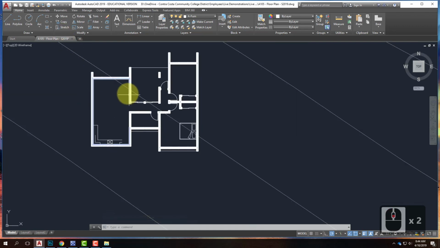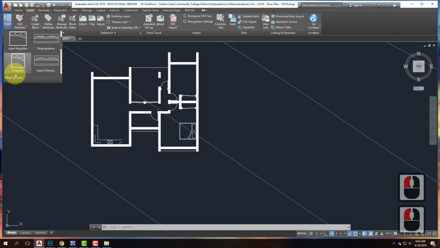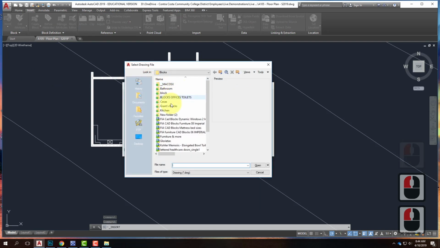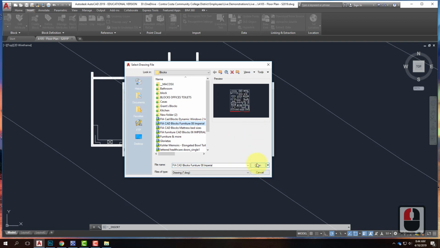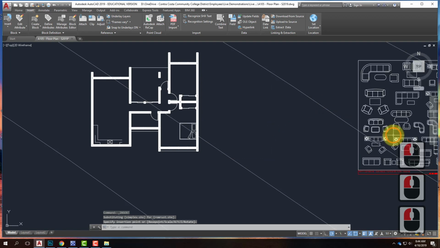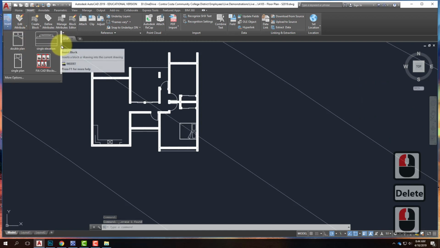Maybe it's time to bring in some of the couches and stuff. I could go back to my insert. I could click on the insert button here, and it's not there anymore. So I'm going to click on More Options, and that's going to let me go and find some more. So we'll come in here, and let's see. There's the furniture. There's the couches and stuff. We'll go ahead and say Open. Same thing applies. I'm going to drop it in, and then I'll click on it and delete it. And then I can come back, and it'll be preloaded into my